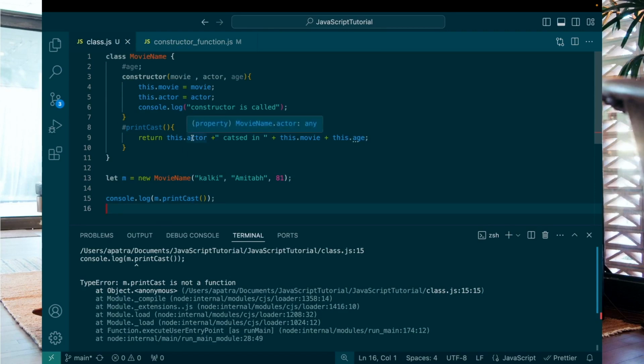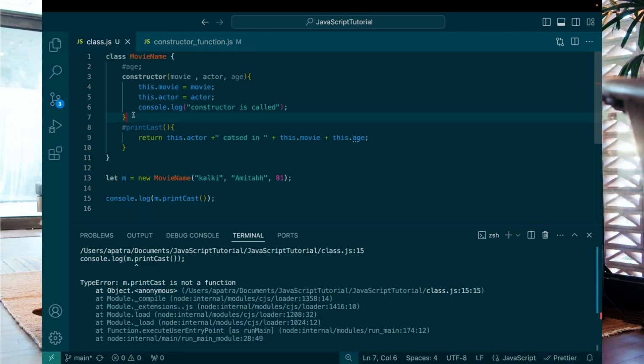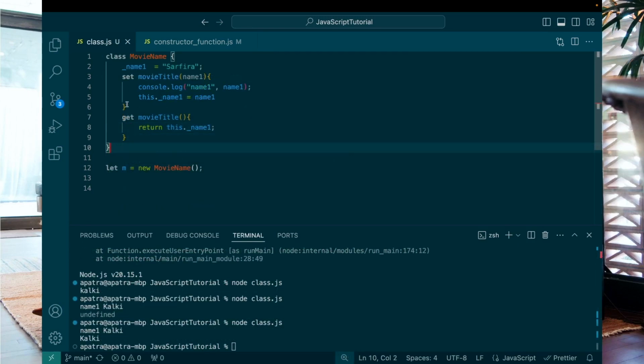Okay, so just like in other languages, for the class, the getter and setter method is there. In JavaScript also this set and get are introduced. I'll just show you with some example. See, in the class I just declared one public variable name one. In here I assigned the name. Then in the set I'm setting the name one again, and in the get I'm returning the name one value. So now if I check what m is giving, let's see,